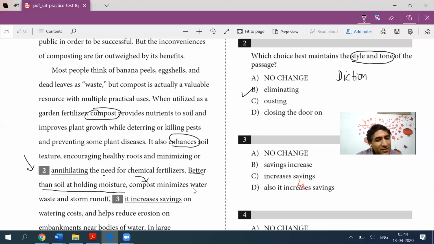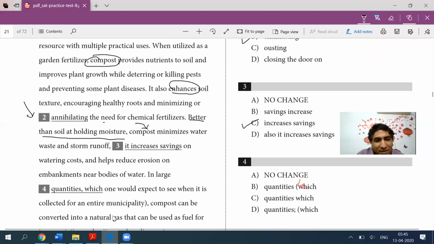It does these things: minimizes water waste and storm runoff, increases savings. Increases savings looks like a better choice because that goes parallel with minimizes water waste, increases savings on all these things,